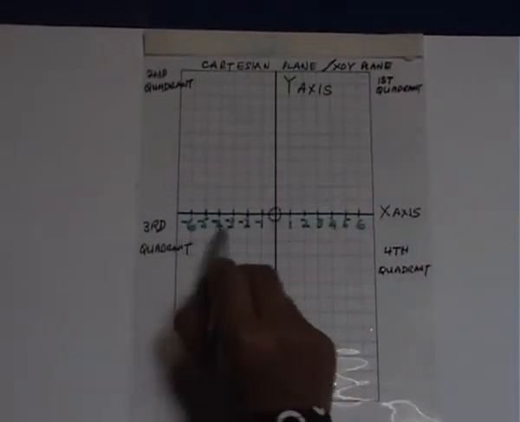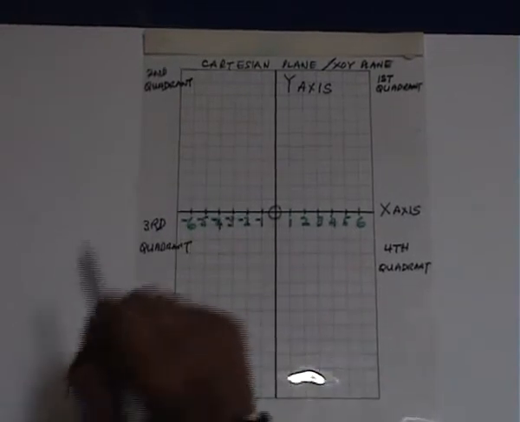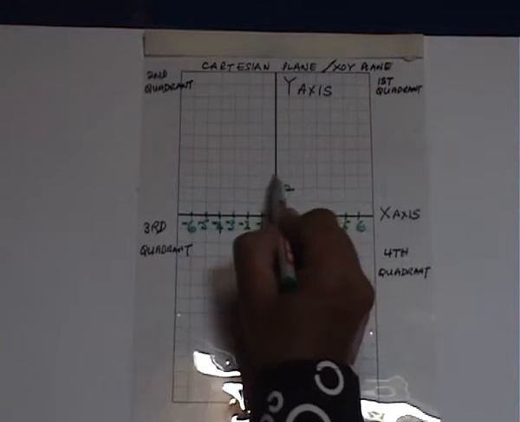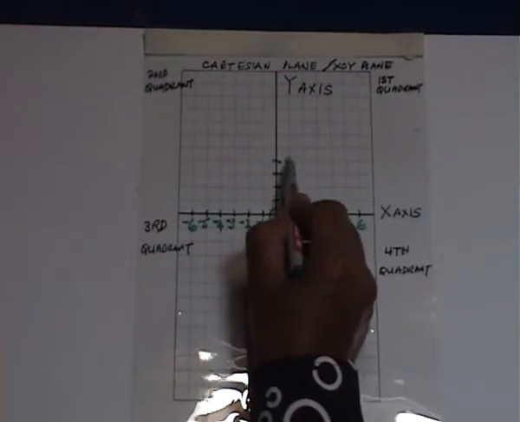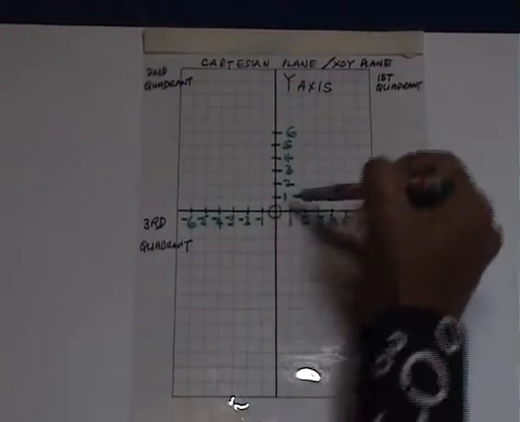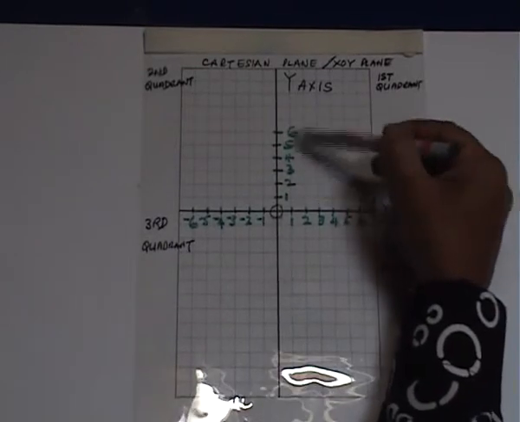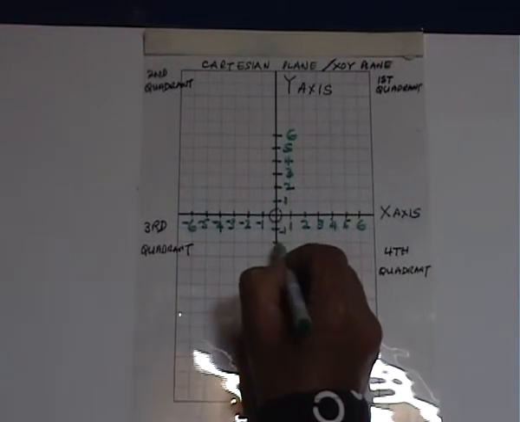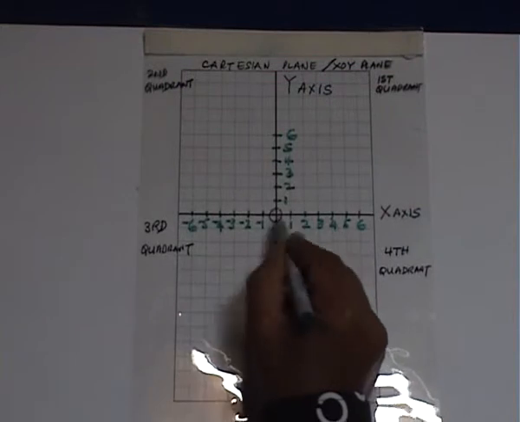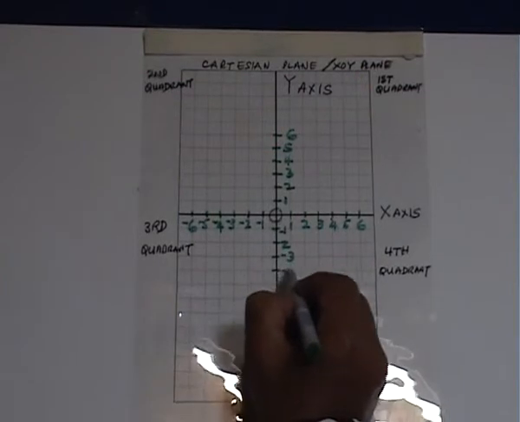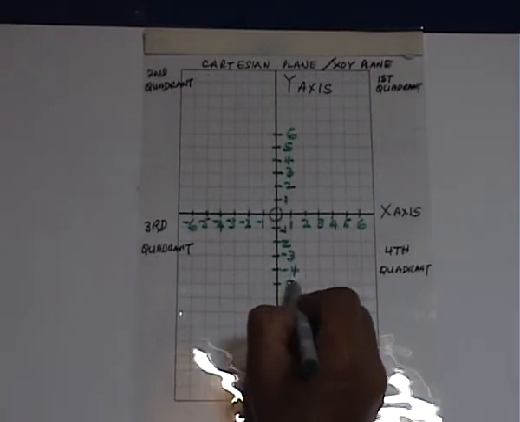Right, now we have numbered the x-axis. Now we have to number the y-axis. So on the top here we have the positive numbers. That's 1, that's 2, that's 3, that's 4, that's 5, that's 6. In other words, the positive numbers on the y-axis are written on top, and the negative numbers on the y-axis are written below 0. See, all the negative numbers on the y-axis are written below 0. So that's -3, -4, -5,